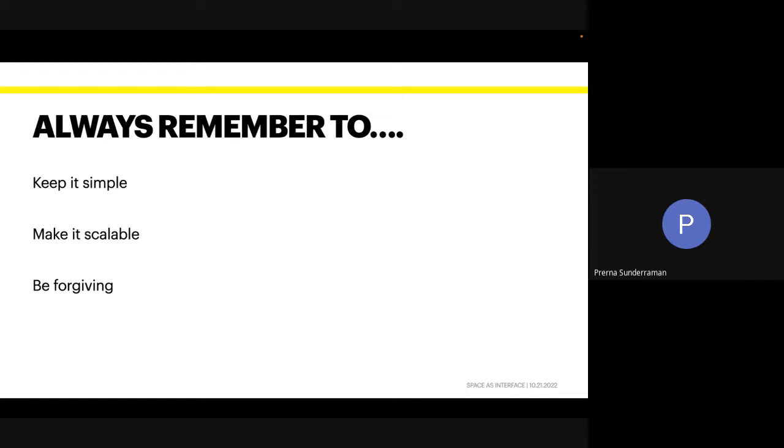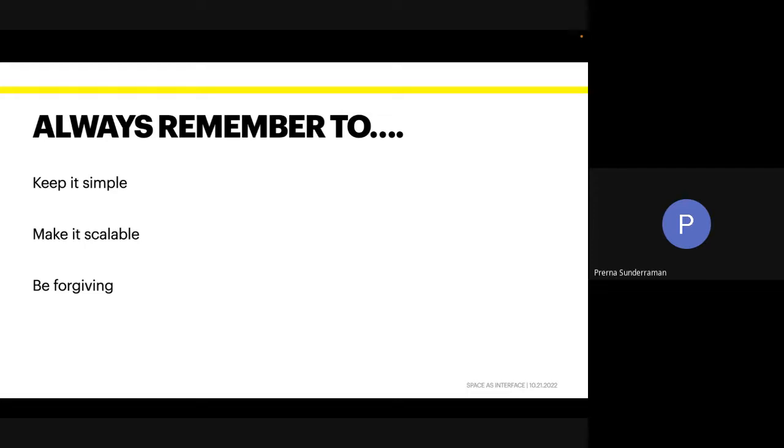And lastly, I think it brings me back to the back buttons: be forgiving to the user. If we get them into a task, provide them with that door handle to get out of it as well. A lot of times we assume, oh, it's a web app, it's hosted on a browser, and we can depend on the back button.